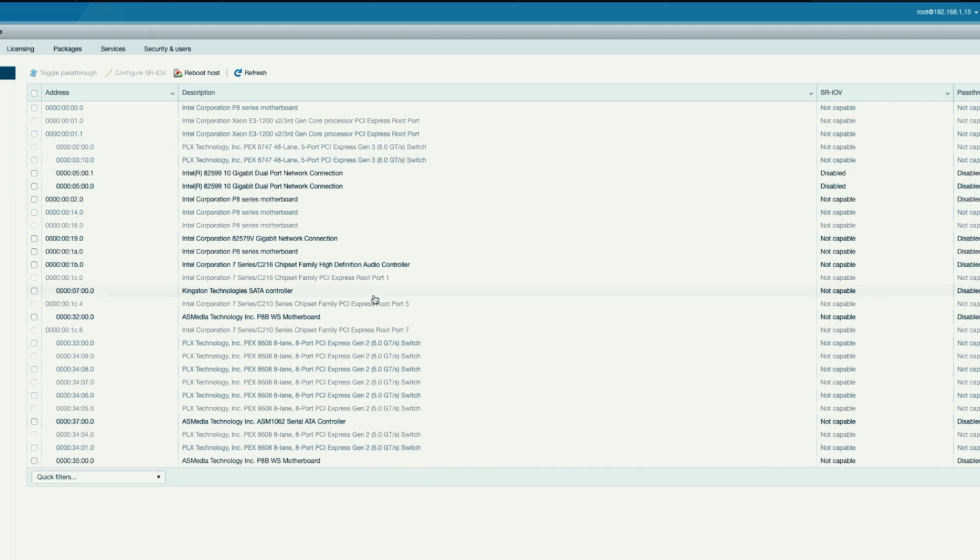gigatransfers per second. If you go down over here, you also see that my motherboard also has 8 lane ports right now with PCI Express Gen 2. If I would have installed my card over here, that would have been only capable of 5 gigatransfers per second. So that's very important. When you install your cards for 10 gigabit network, please make sure your chipset supports that and you have cards in proper places if you have multiple PCI Express bridges like I do